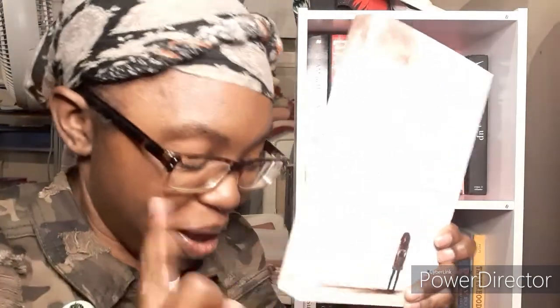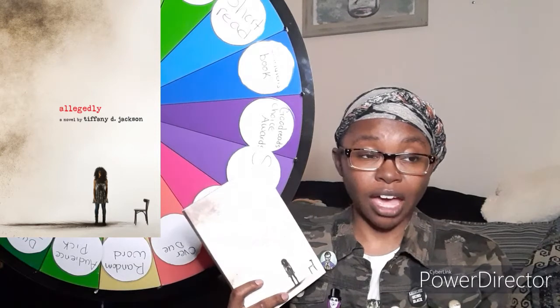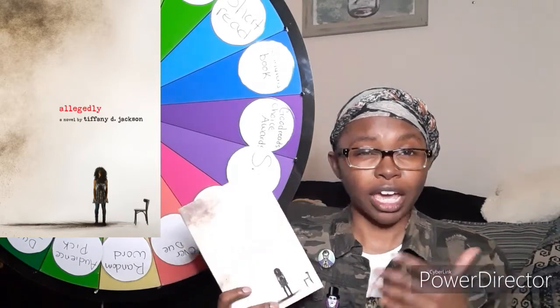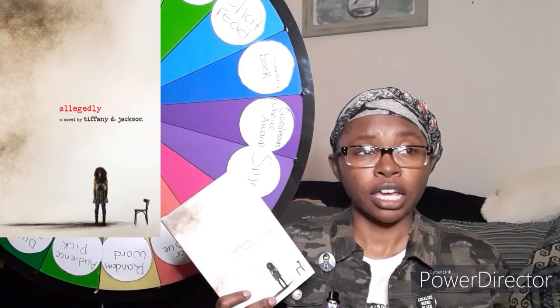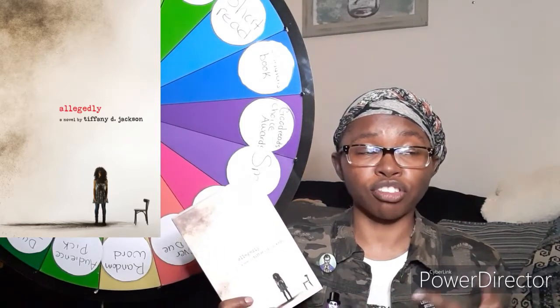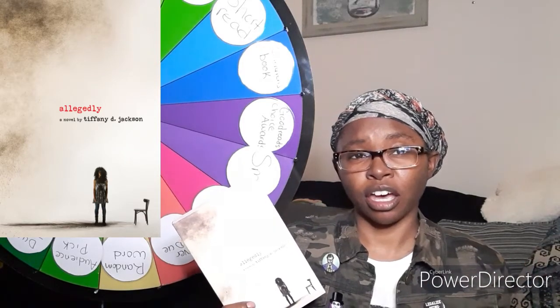Allegedly by Tiffany D. Jackson, and I've been wanting to read a book by her. I'm so excited. And allegedly, a white baby dies mysteriously while in the care of 2 black people, a mother and her daughter. I think the daughter gets held responsible for the death of the child, and now many years later, she's being threatened with the removal of her own child, and so now she has to seek out the help of her mother, whom I believe she has a sort of